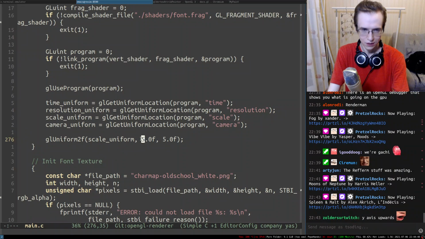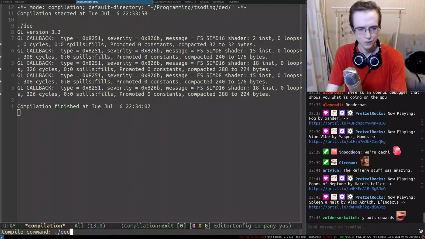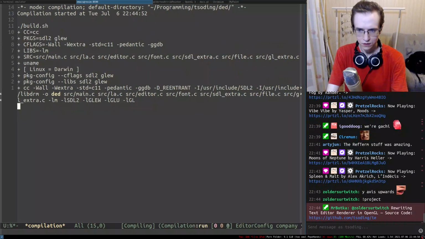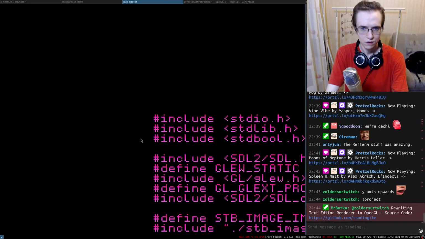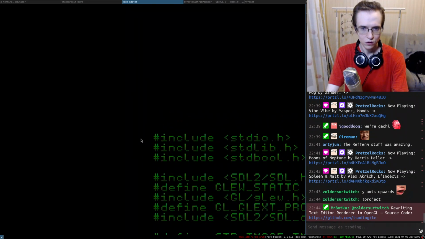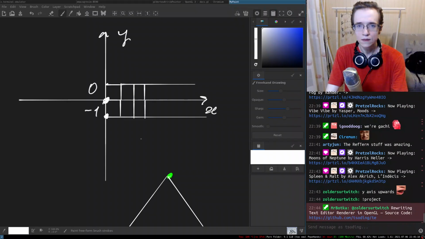So this is the scale, and it's going to be font scale. Right. So is it going to work? Let's rebuild everything. SRC main, and all right, seems all right. So it's a 1.